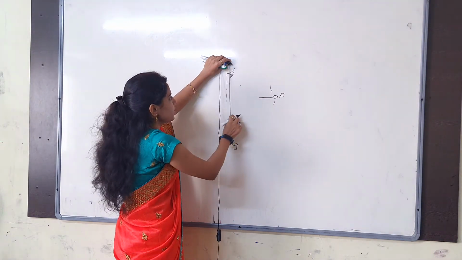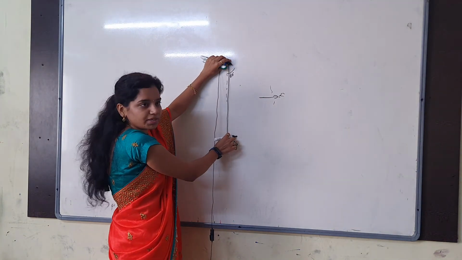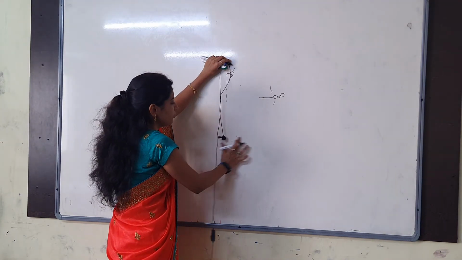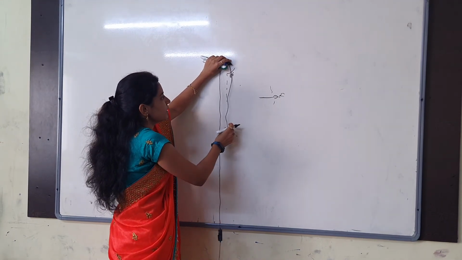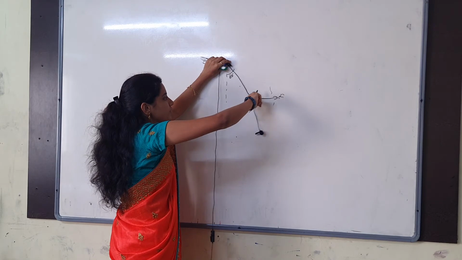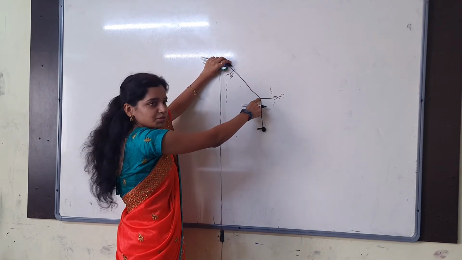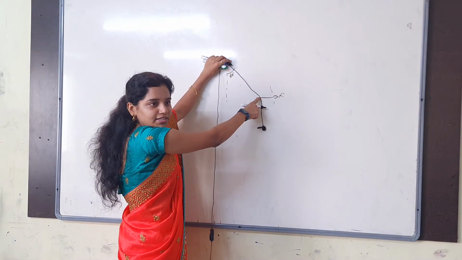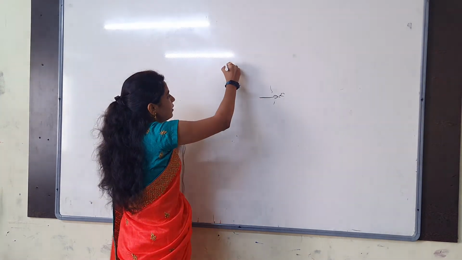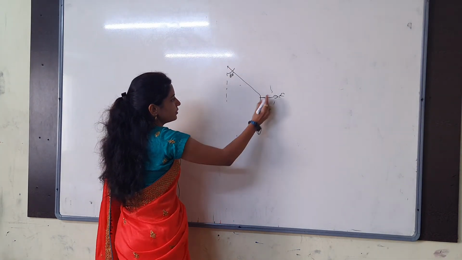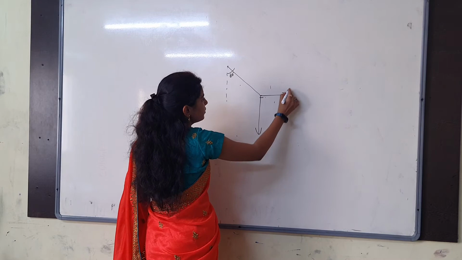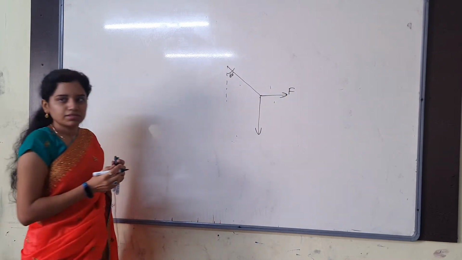Before, we had some rope here like this. Now I am applying a horizontal force in this direction, so my diagram is becoming like this. Do you understand clearly, everybody? Then this is the horizontal force F. That's it, that's the diagram.